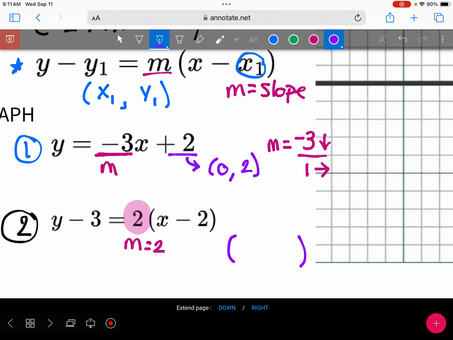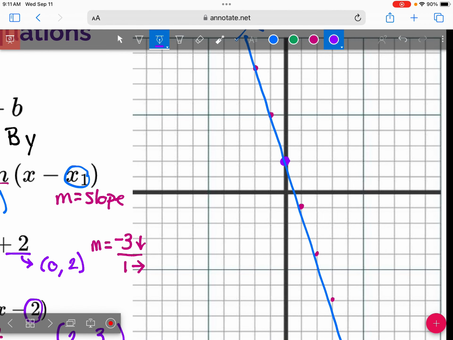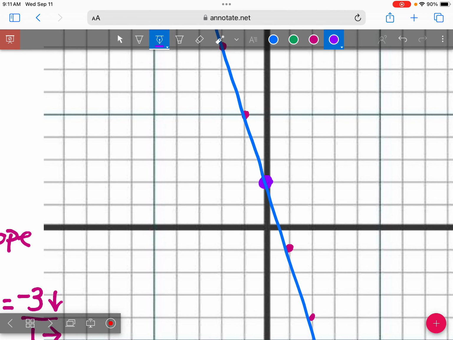What is the x value of the point? Positive 2 and positive 3. So it's y minus the y value of the point, and in the parentheses, x minus the x value of the point. So we are starting at the point 2, 3,